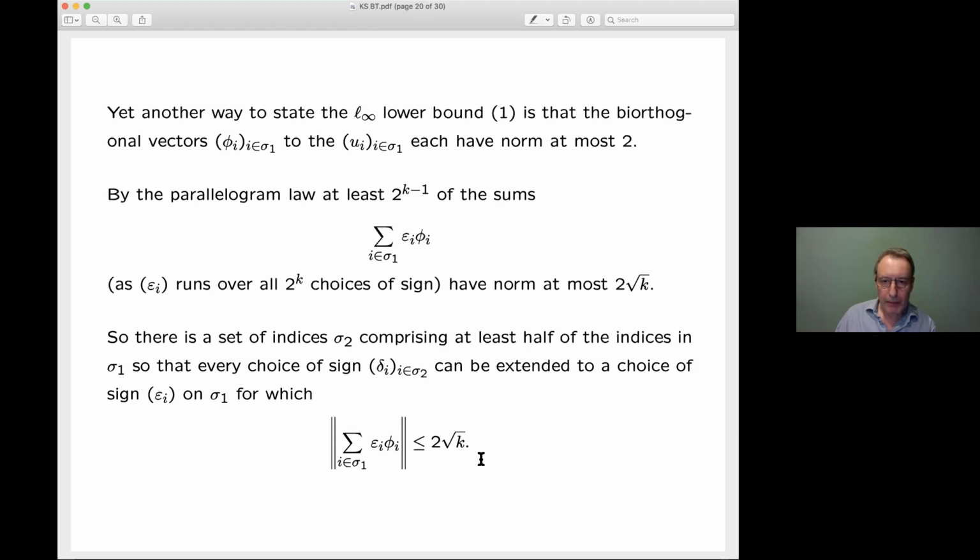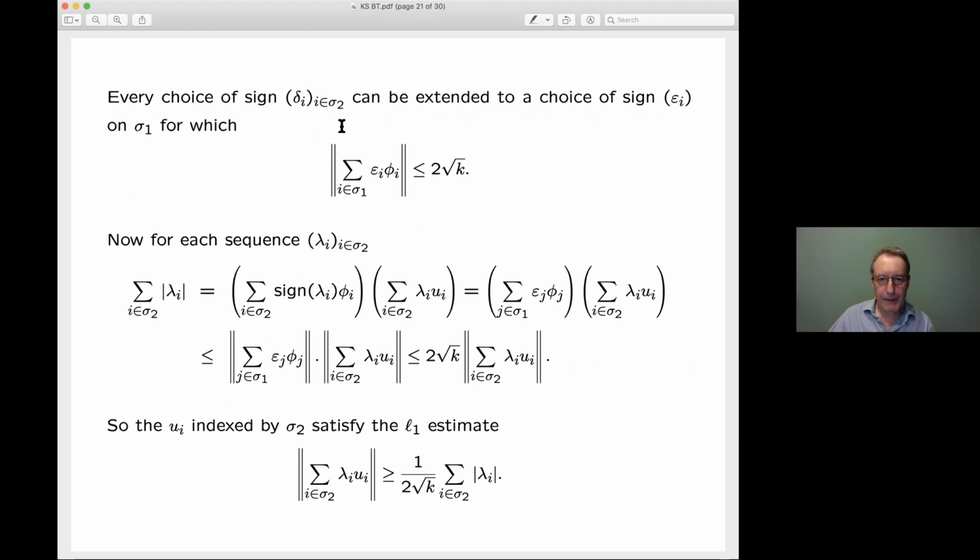Now, how do we employ that? Well, in the sort of standard way. So I've written it down again there. That's exactly what I had in the previous slide. So now if I pick any sequence of coefficients in this smaller set that I've selected, and I look at